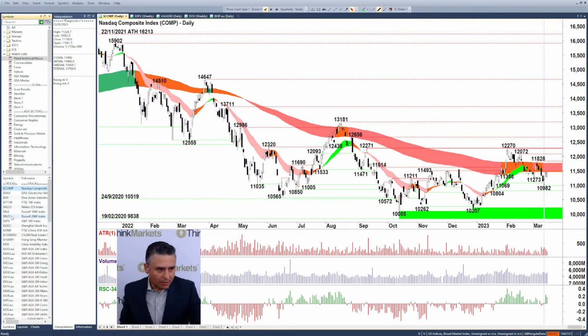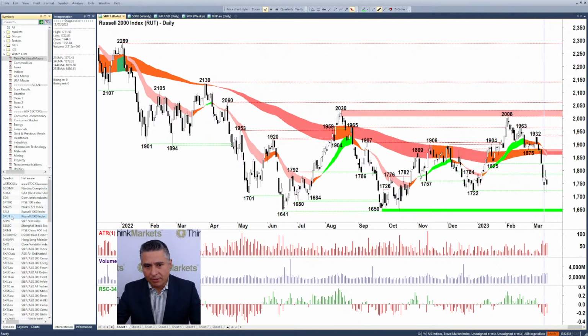Looking at a couple of the other US indices, the Russell 2000, I haven't updated my little bits and pieces here, but you can still see we are short-term downtrend, long-term downtrend as well. Lower peaks and troughs initially to start the process of moving back into equilibrium after this January push, and then a complete failure through here. Whilst the NASDAQ has those three really interesting white candles, the Russell 2000 doesn't have them, but it does have some support through these lower shadows through here. So the only way you can get a lower shadow is if the price moves down during the trading session and is pushed back up by excess demand in the system.